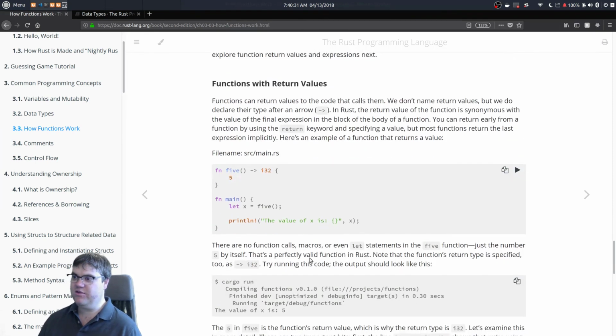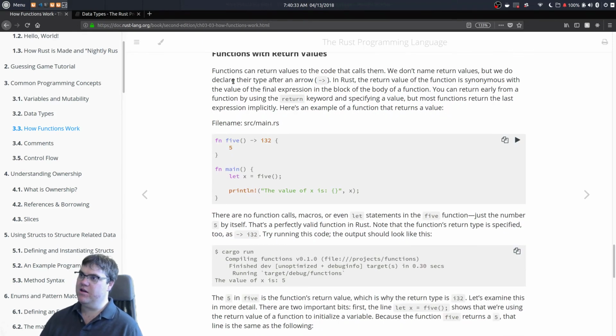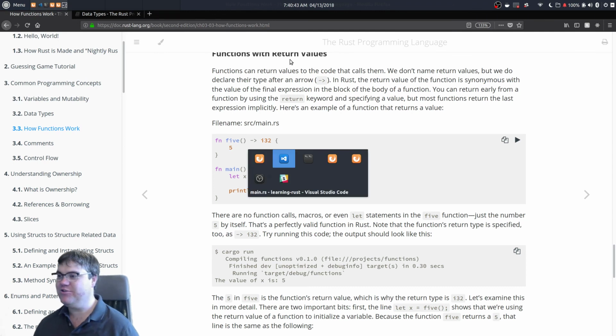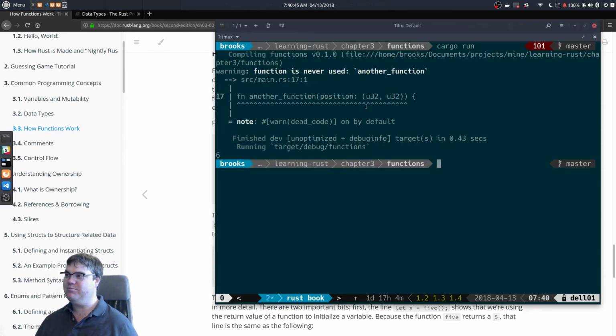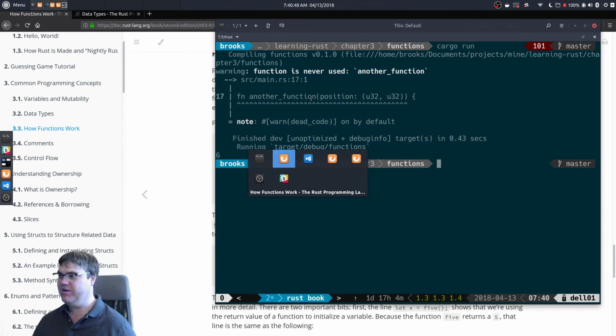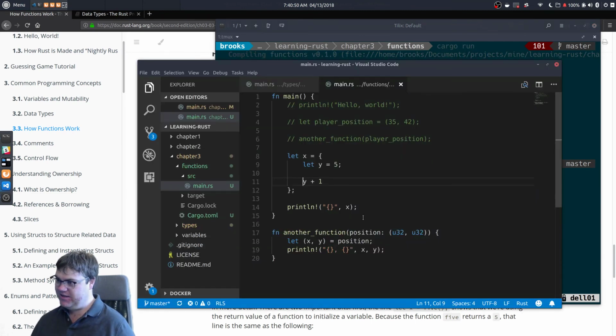Functions with return values. Functions can return values to the code that calls them. We don't name return values, but we do declare their type after an arrow. That's exactly what it was trying to tell me, was that I was missing, oh, I got rid of it. If I wanted to do this, we'll do this,